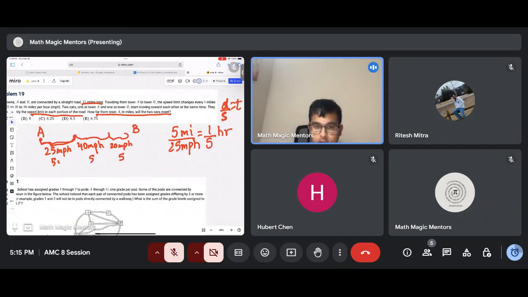So that's the beginning of the journey, and then let's find B's time to cross the first part of his journey as well. So he's going from this side and moving towards there, right? So he'll take 5 miles over 20 mph, right? So that's going to take 1/4 of an hour,